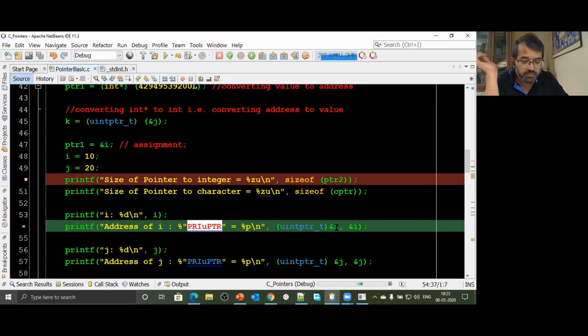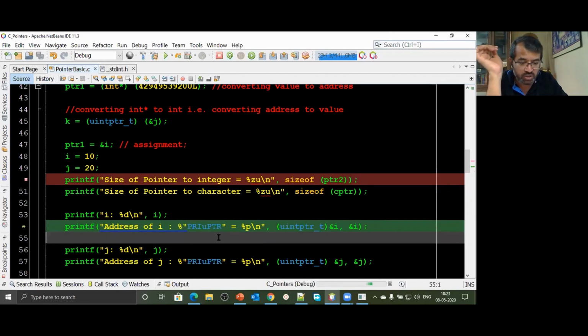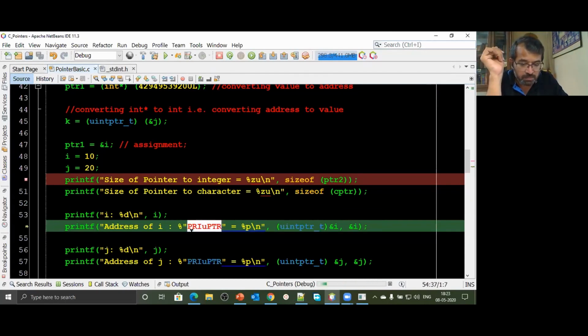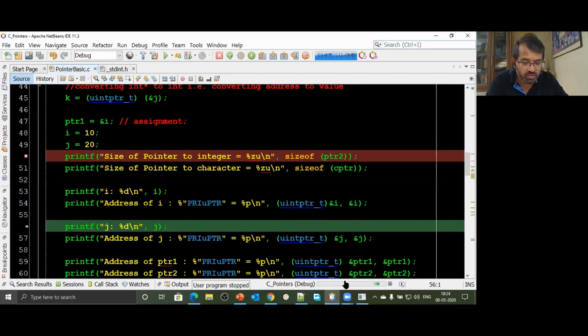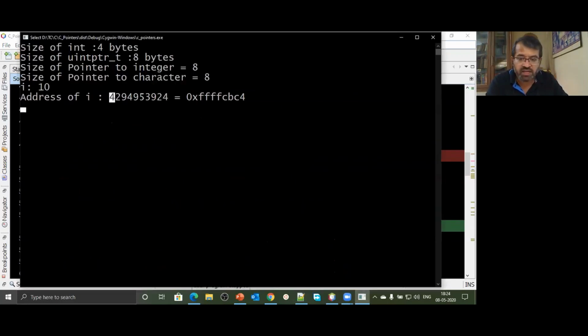So these are predefined format specifiers. Henceforth, keep in mind, if you want to print an address in the decimal system, don't use %d. I'll print with %d and show you how wrong an answer you will get. Now I'm using PRIuPTR. For printf, it is an unsigned value of pointer type. So if I print this particular address, the value in the decimal system, have you got that number that we had earlier copied over here?